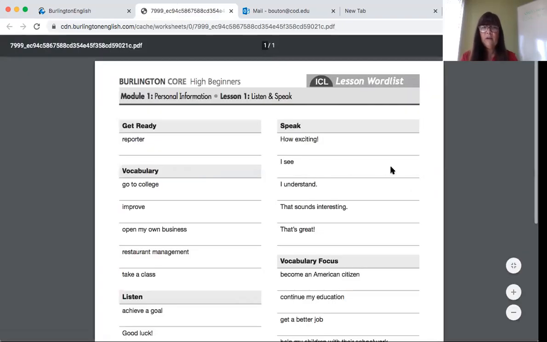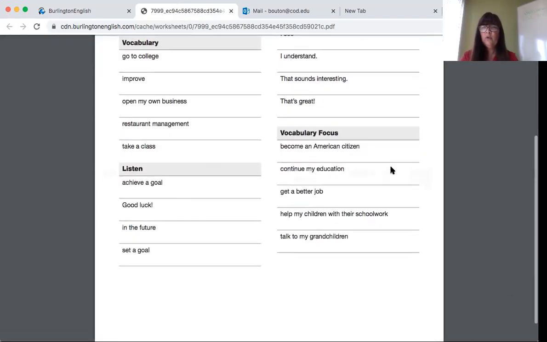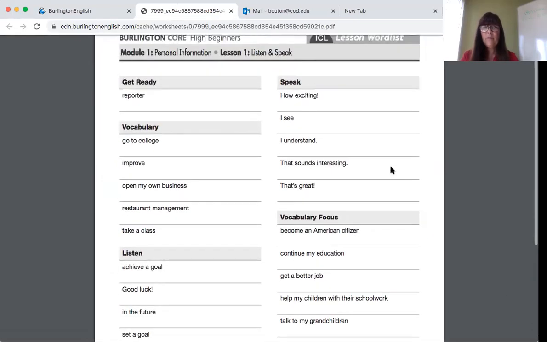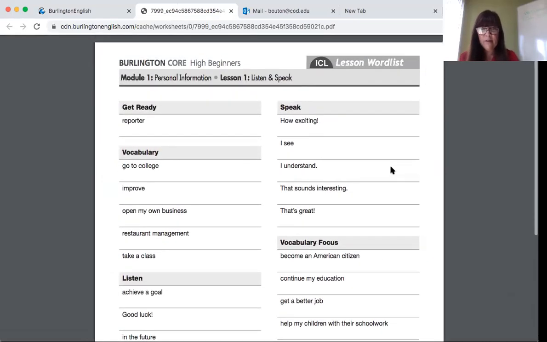So here I can show you the vocabulary, okay? Here is the word list for vocabulary. So we already saw a few of these words. Reporter, go to college, improve, open my own business, restaurant management, take a class.